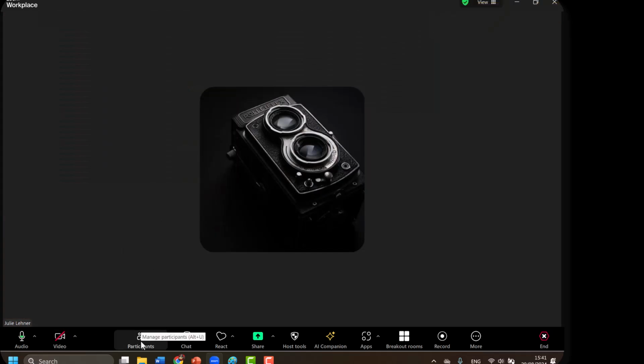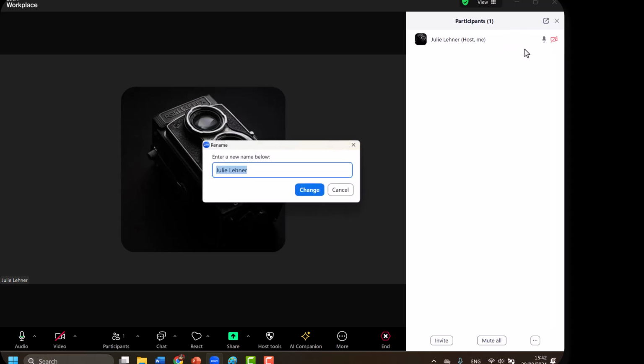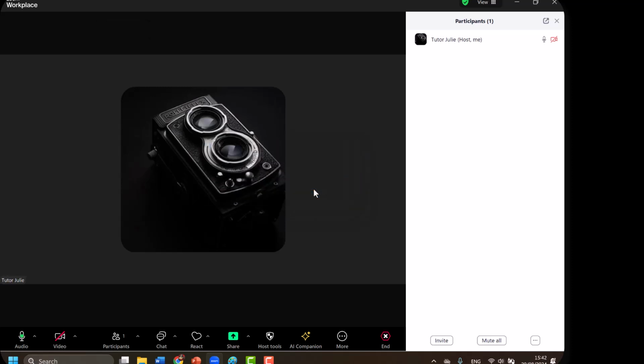Next up, we have the participants. If you click on this, on the side of your screen, you will see the participants list. At the moment, it's just me in the meeting room, and you have some options here which might be useful to keep in mind. You can mute a given participant, then unmute. You also have a couple of other features like renaming the participant. So I can change my name to just this, change it, and you can do this for your participants as well,